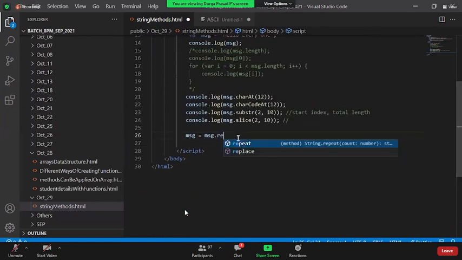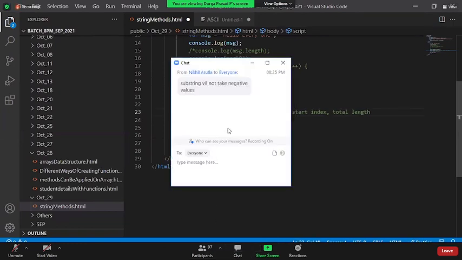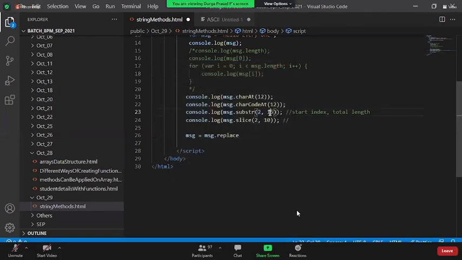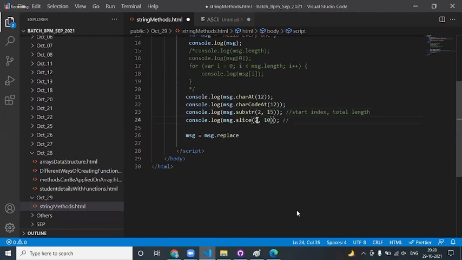So can you repeat what is SUBSTR and slice? SUBSTR is starting from the second index, implying I need to start at 2 and I need to return 10 characters. Now when I say 2, 15, totally how many characters will I get? 15 characters, because you're starting at 2, then you're going to return 15 characters from there. Whereas I say MSG dot slice, now if I say 2, 15, you know what it's going to return? It is going to return only 13 characters, from 2 until 15.